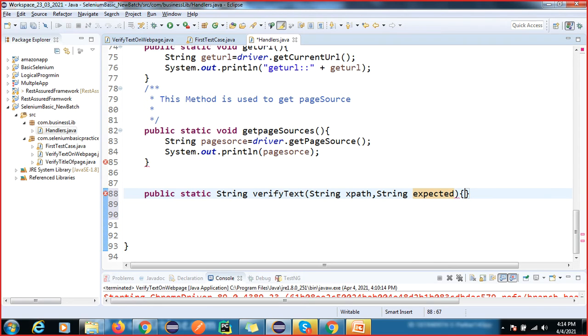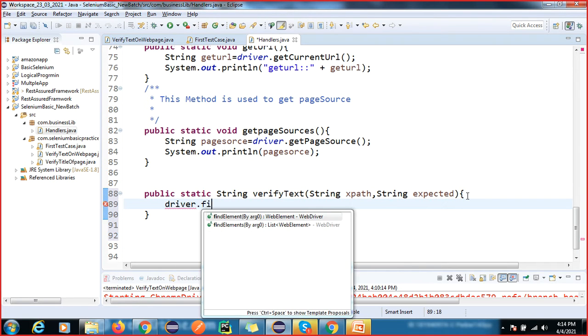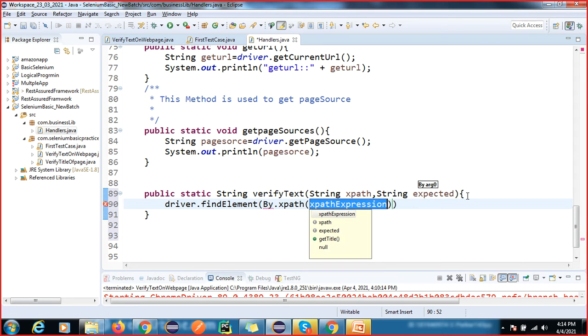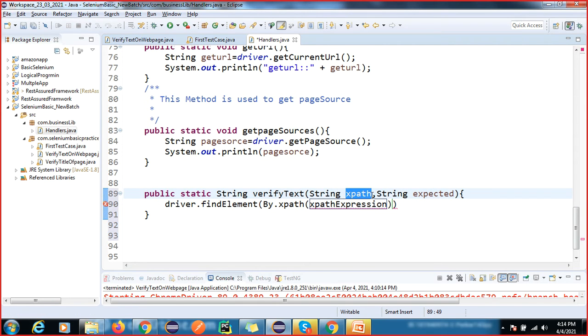Now the same thing I will do here: driver dot findElement by XPath, or we will pass this XPath. I'm writing xpathStr, because xpath is already there, right? I will take it as a parameter.